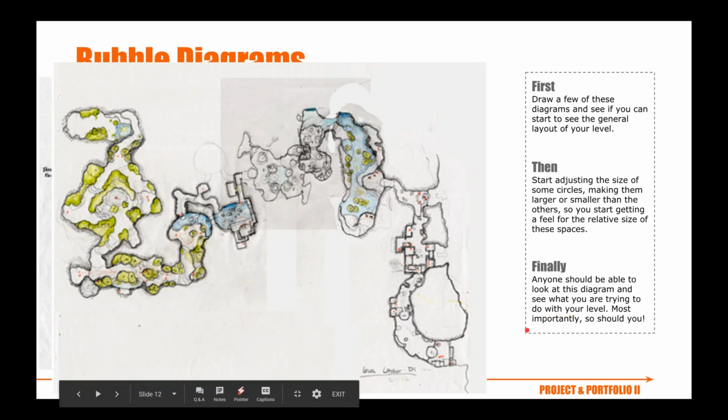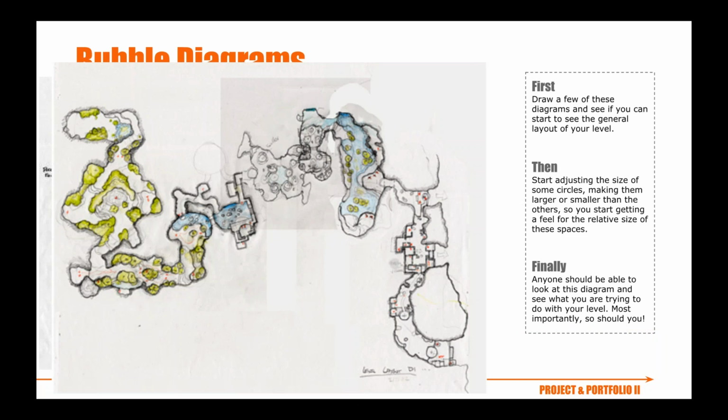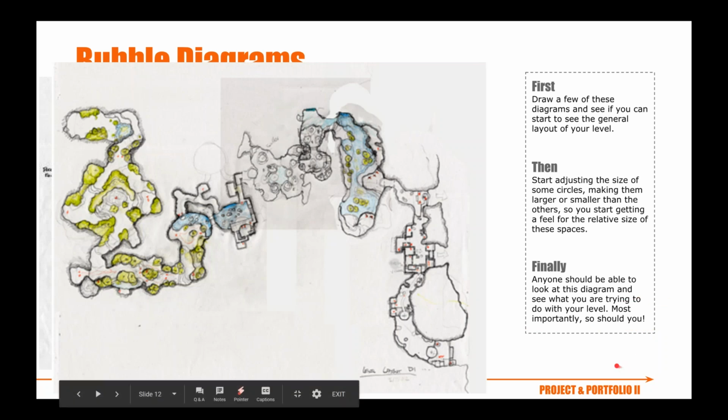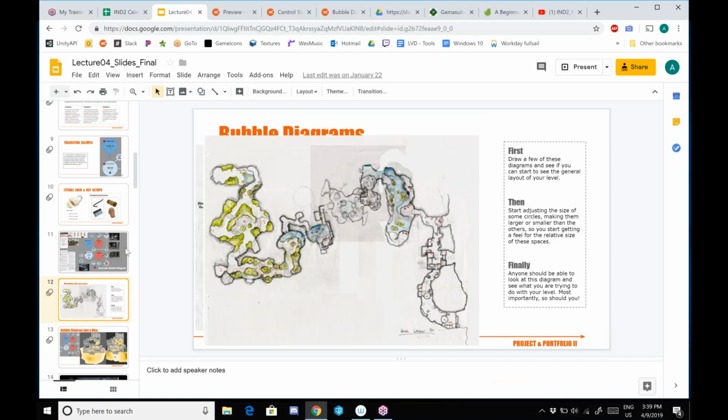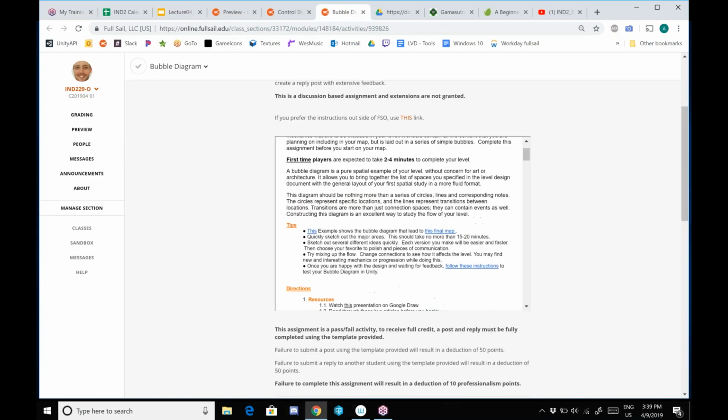That's a real big takeaway, is you're building this bubble diagram to help yourself build the map. So anything that you see helpful to do, anything that helps you communicate what it is you're trying to convey, feel free to take your own approach or add your own style. Before I go to the next slide, I do just want to talk about adding in height to a